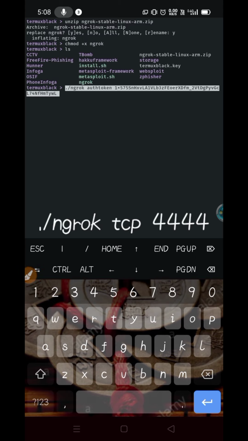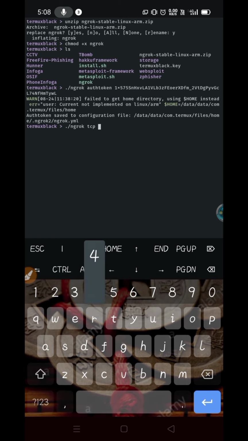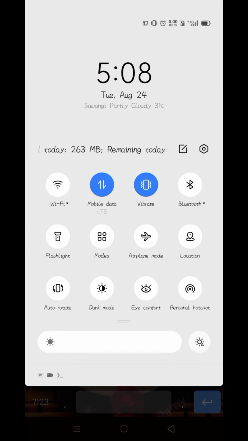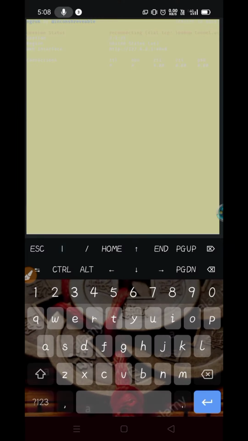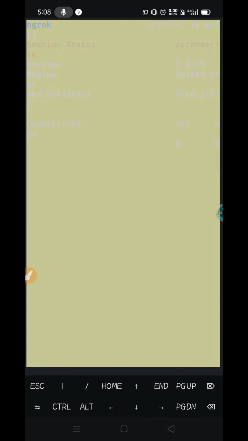After this, run ./ngrok tcp 444. You have to turn on the hotspot on your mobile first. Without turning on the hotspot, this is not going to work.